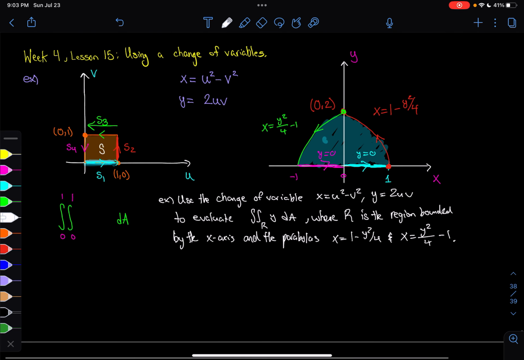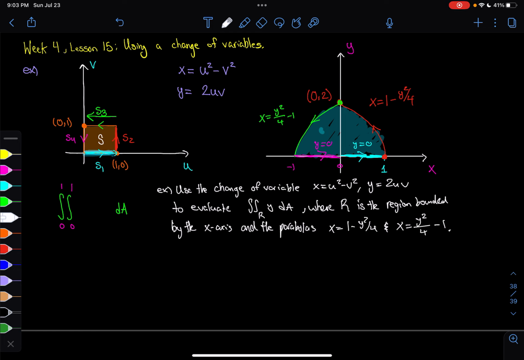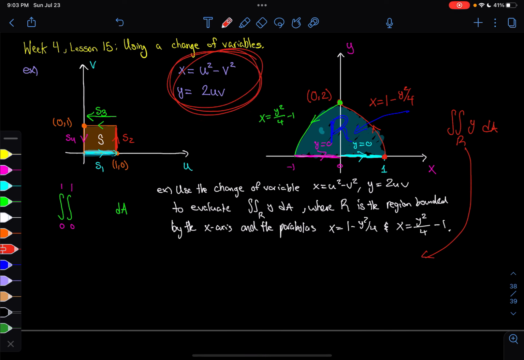And you're like, okay, I don't see it. Well, the whole point is this question is asking us to integrate over this region R right here. That's what we're being asked to do. Now, if we had to do this using Cartesian, we'd have to probably split this thing up, come up with some pretty funky bounds, keep it in x and y. But lucky for us, we know already that the double integral over this region of y dA, using this transformation, this change of variables,